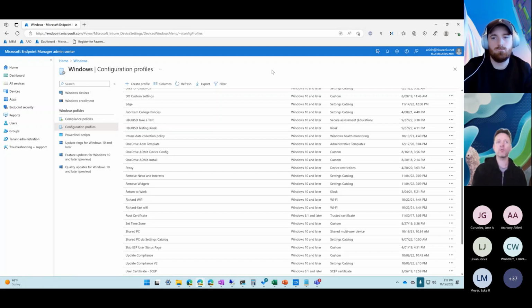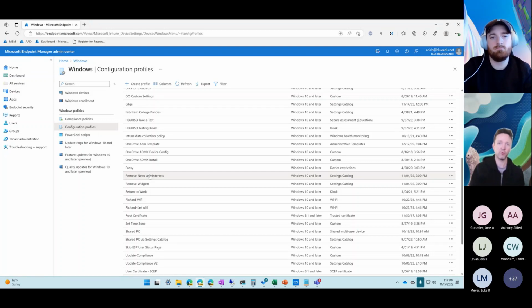And in Intune, if you try to create a settings catalog policy with both in it, and then you're targeting both Windows 10 and Windows 11 devices, your Windows 10 devices will give you errors if it's trying to remove widgets. And your Windows 11 devices will give you errors if you're trying to remove news and interests. And so what I do is I separate both of these out into two separate settings catalog items. That way my reporting for Intune doesn't show errors for things that don't apply to the operating systems